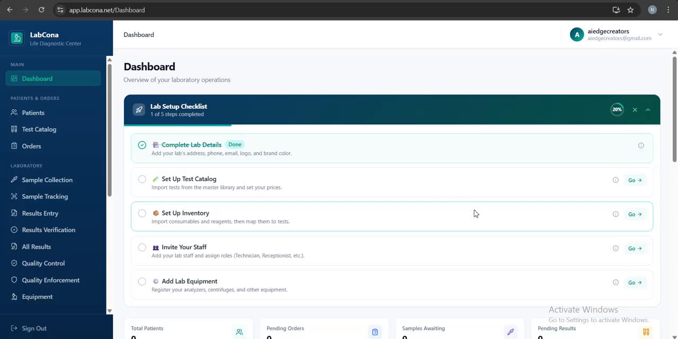So that's how we built LabCona. We didn't want delays. We just wanted you to sign up, create your account, and get started within 1 hour or so. So to do that, we'll go to this place. Either you use this go button or you come here,